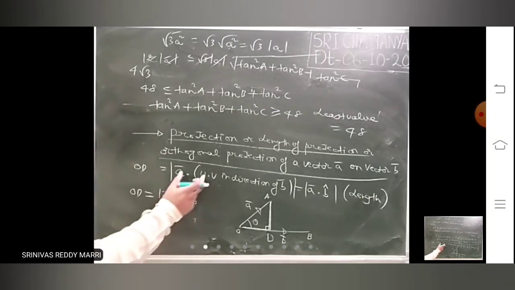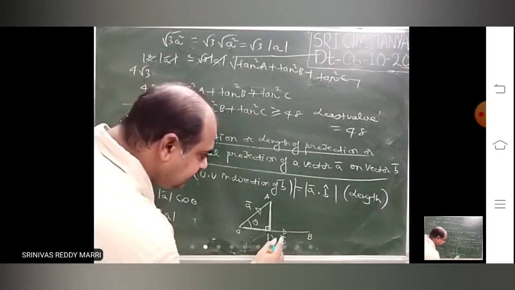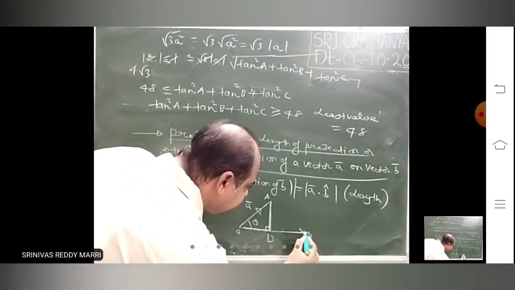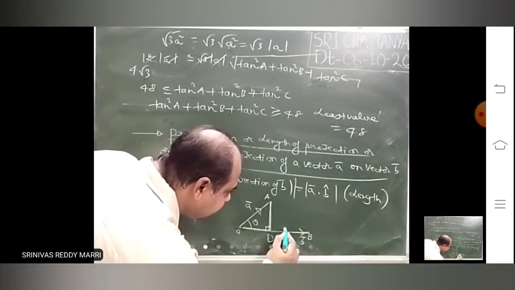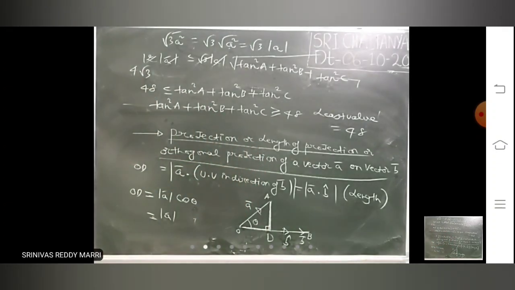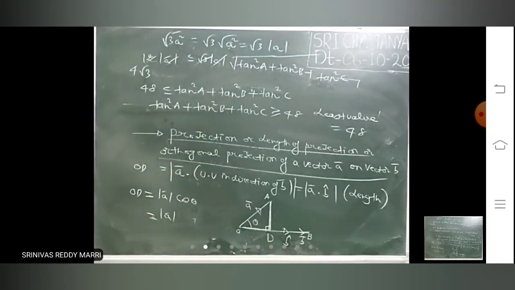So therefore this is actually length. This length is nothing but projection. OD is nothing but projection. I am writing it like this: modulus A bar into, let us here, vector B bar is there. In this direction only I am considering one unit vector. In the direction of B bar, one unit vector will be there, let us say B cap. This vector is given, so you can find the unit vector in the direction B cap.